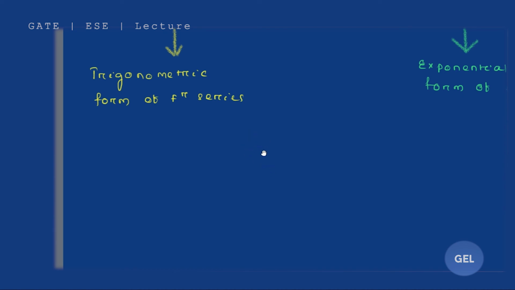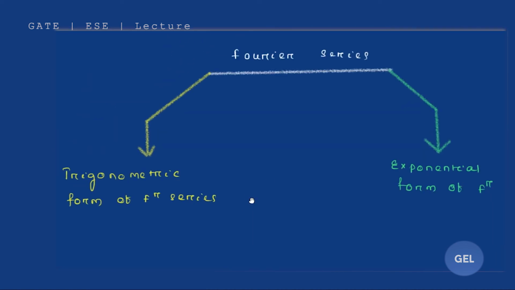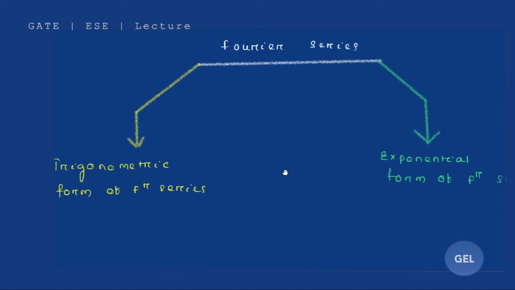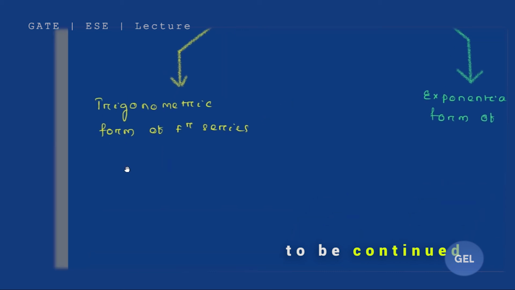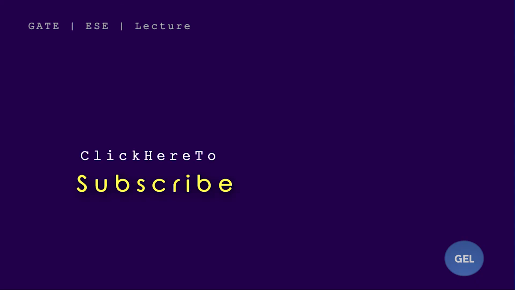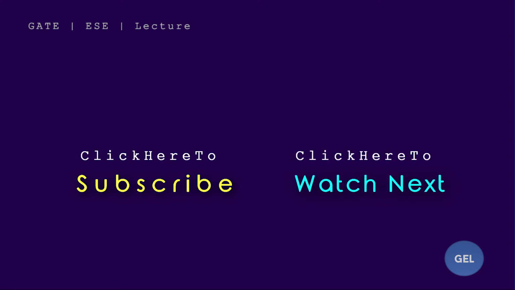Okay, so without wasting any time, let me tell you, Fourier series can be represented, that means a periodic signal can be represented in frequency domain in two methods, in two ways. One is in terms of trigonometric expression, one is in terms of exponential expression. So what is the trigonometric expression? Look here carefully. X of t is nothing but equals to 1 by 2 a naught